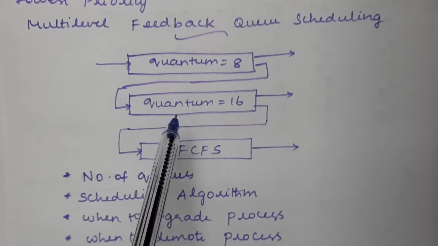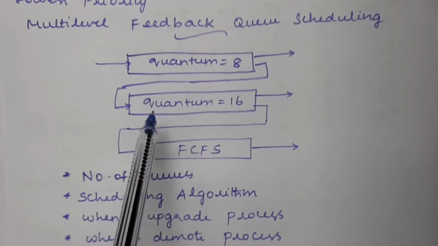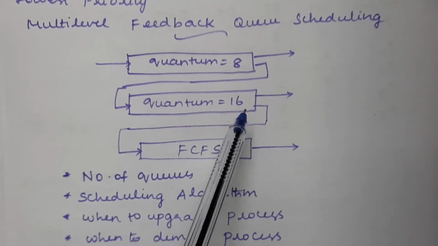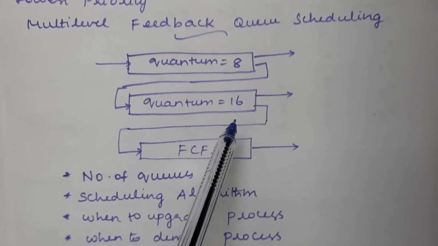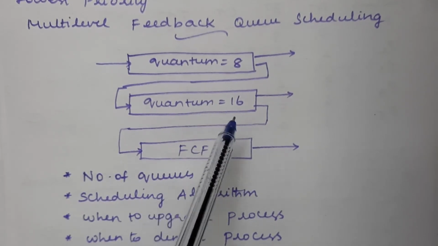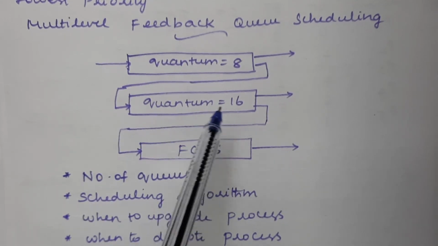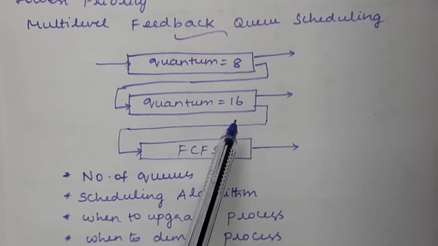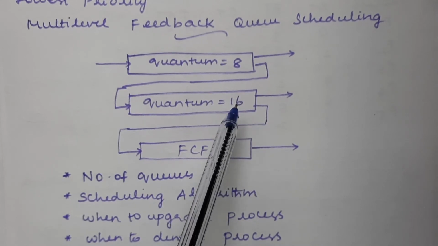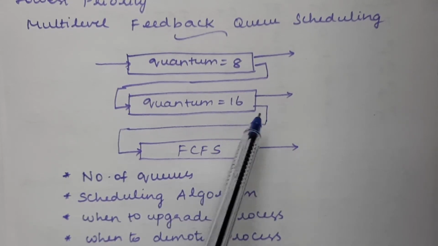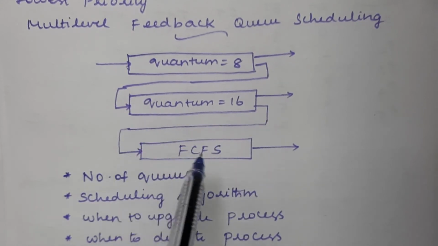So we are moving it to the next level, maintaining it at the tail of that queue. Now that same process will be executed for 16 milliseconds, because we have increased the time quantum in the next level. So obviously that process will complete, so 80% or even 90% of the processes get completed in the second level itself. If some process needs some more time even after the 16 milliseconds we have given, then we move it to the next level of queue.